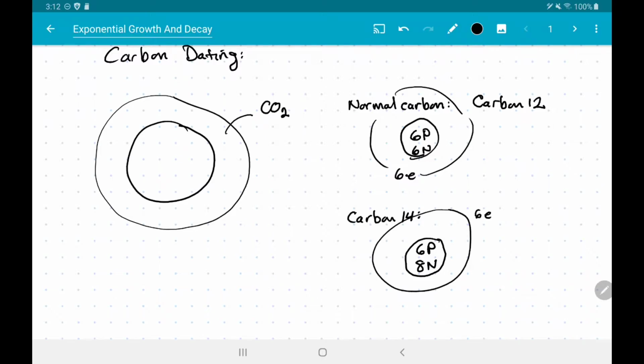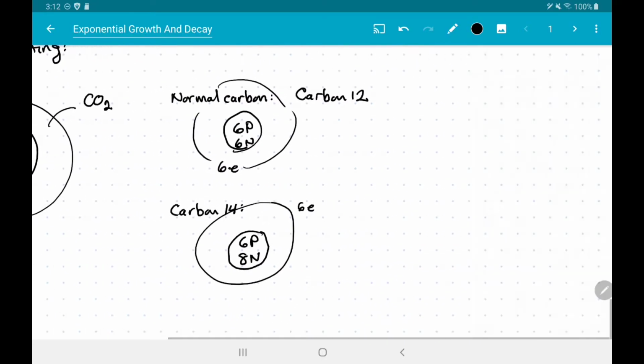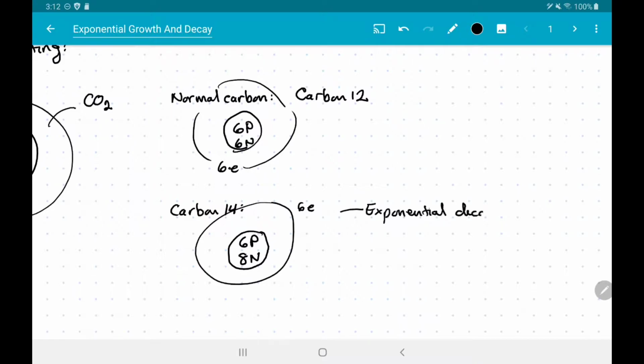So carbon-14 undergoes radioactive decay. It has exponential decay, with a half-life, I can go ahead and call this T sub h, equal to